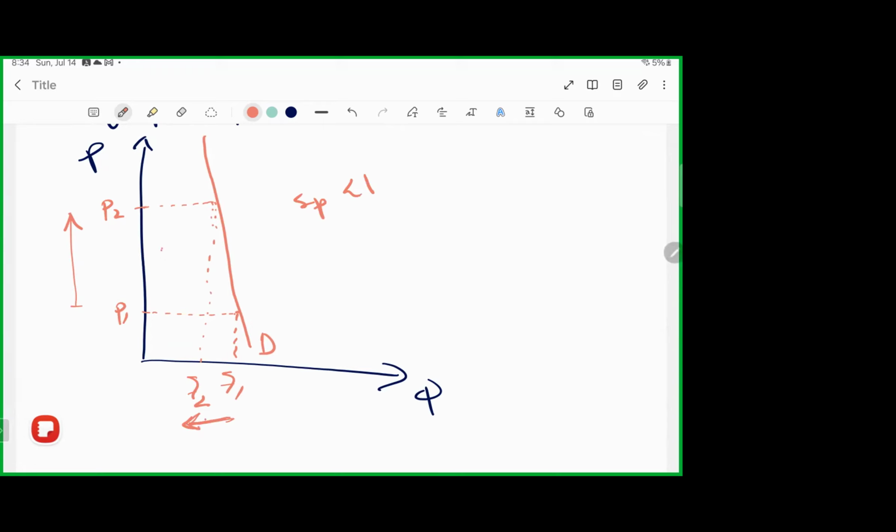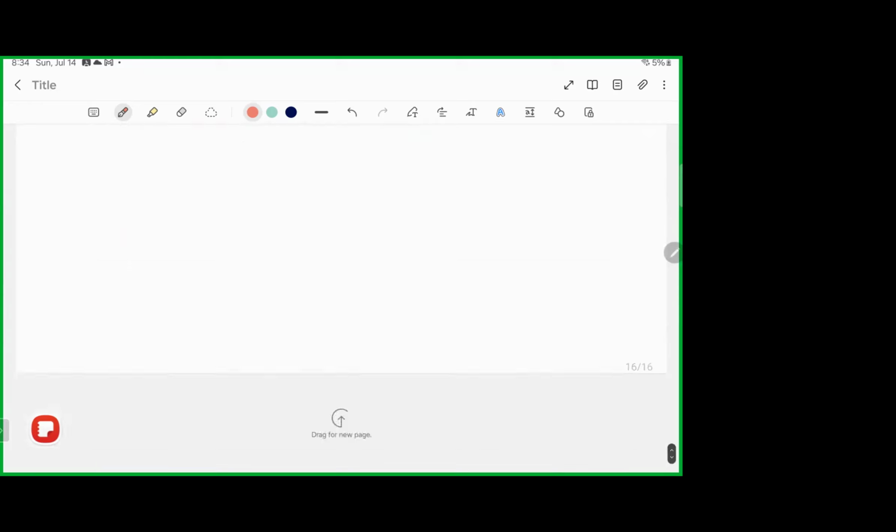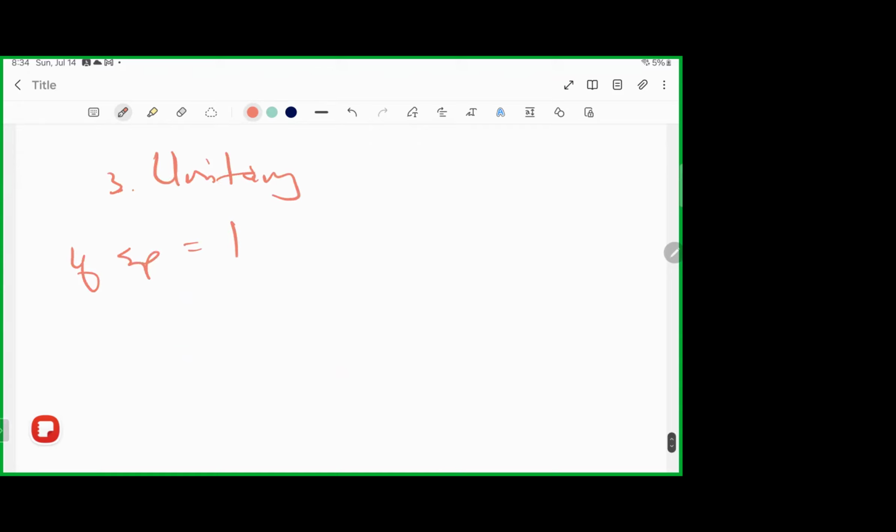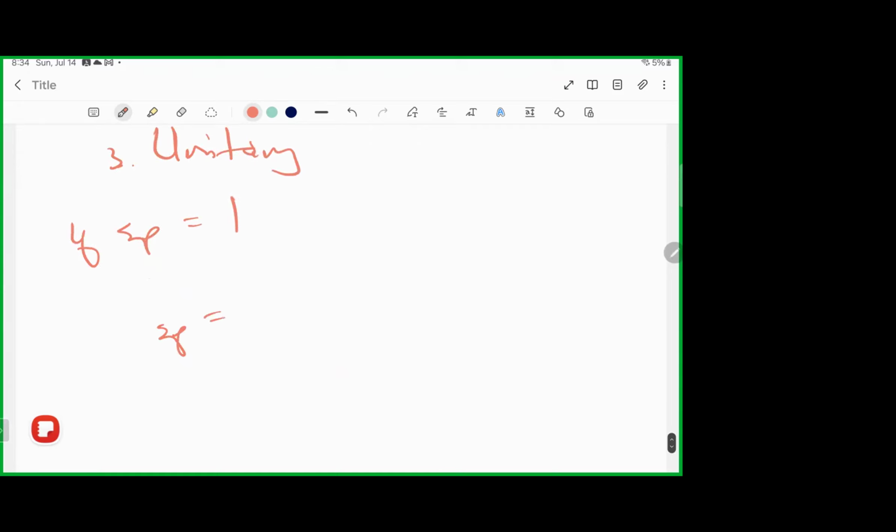How will mine be lower than the percentage increase in what? In the price. Now, if we go to the third one, we have a situation where we say unitary elastic. In this case, we are talking about the price elasticity. If price elasticity is equal to 1, it means that the elasticity that we are looking at, which is